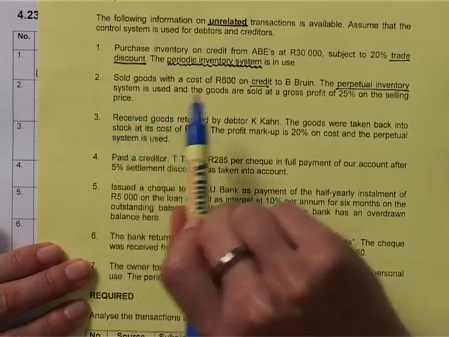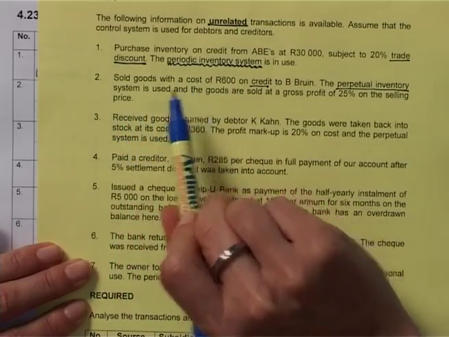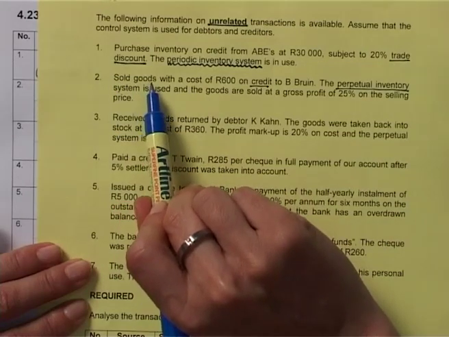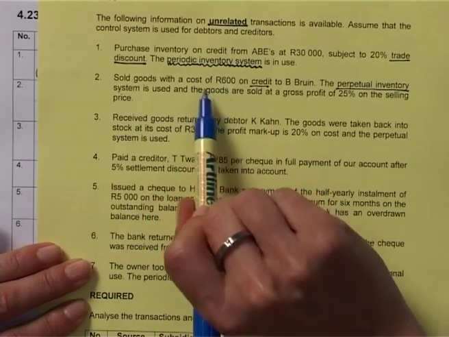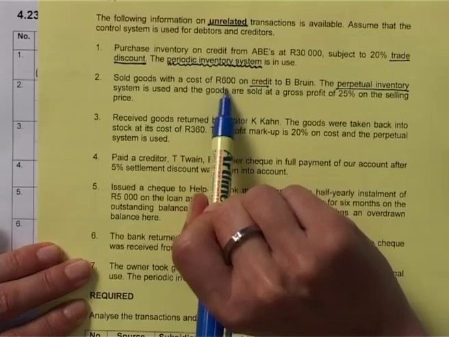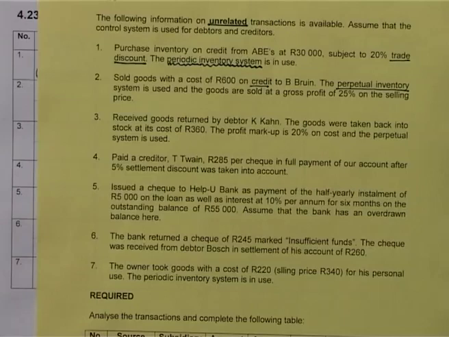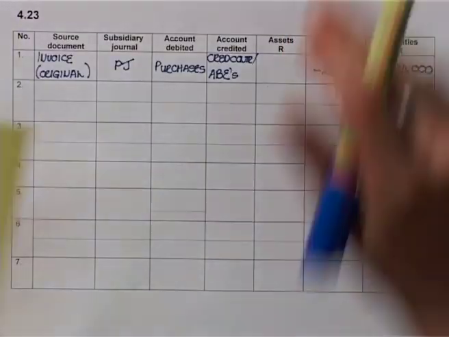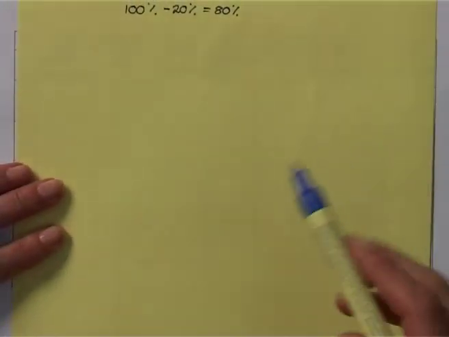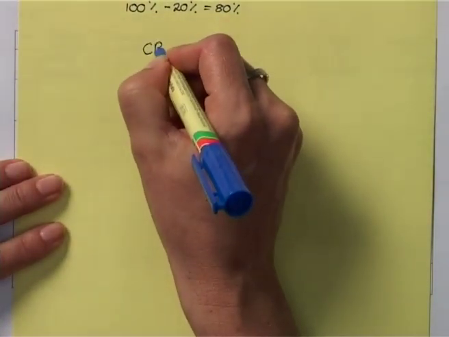Okay, they provided us with a cost price of goods, but we sold the goods, and the customer will never know the cost price of the goods. Therefore, we have to convert this cost price to a selling price before we can enter any amounts into our columns of analysis. So we are working